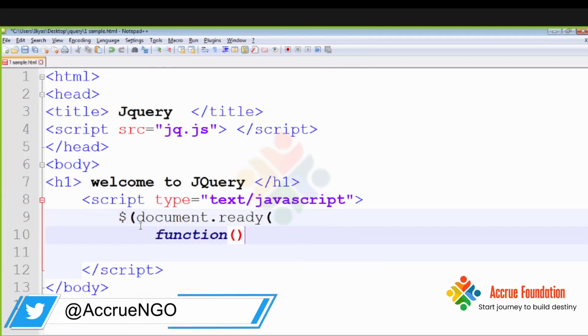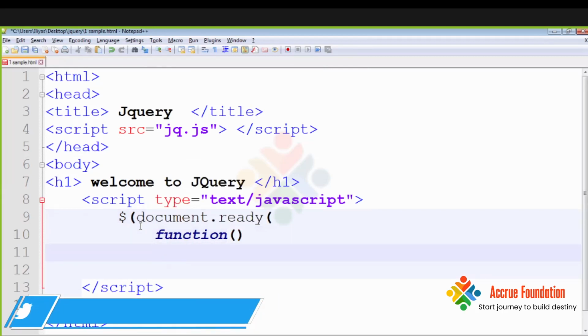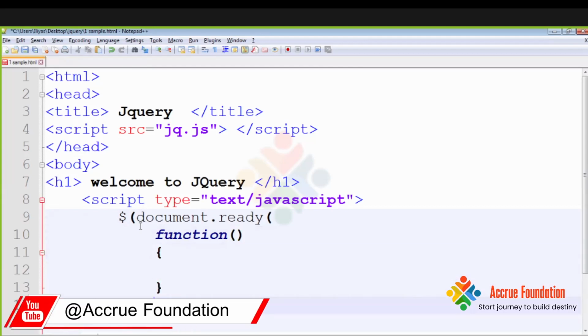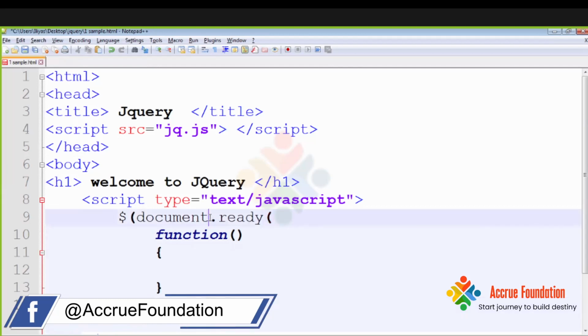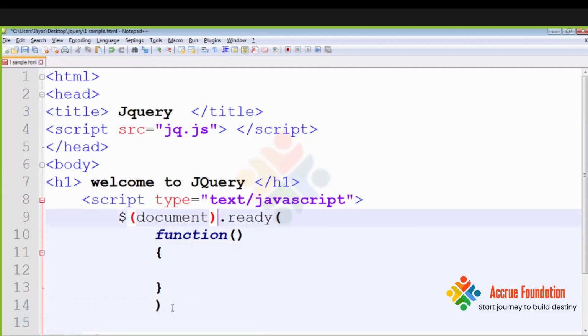So you write the function, open the bracket and close the bracket, and then you have to close these brackets also, and close the bracket of document here. That's it.